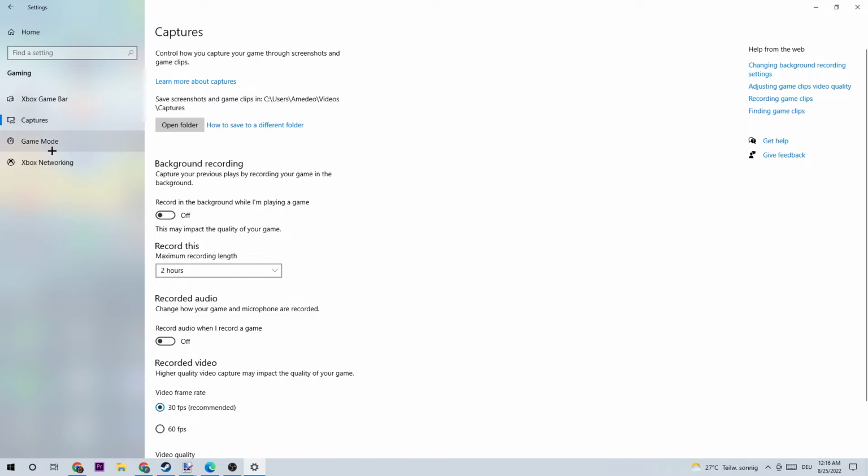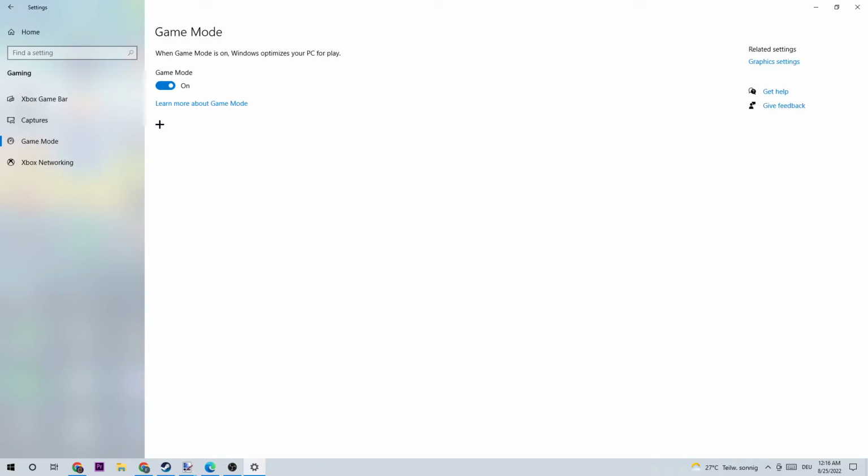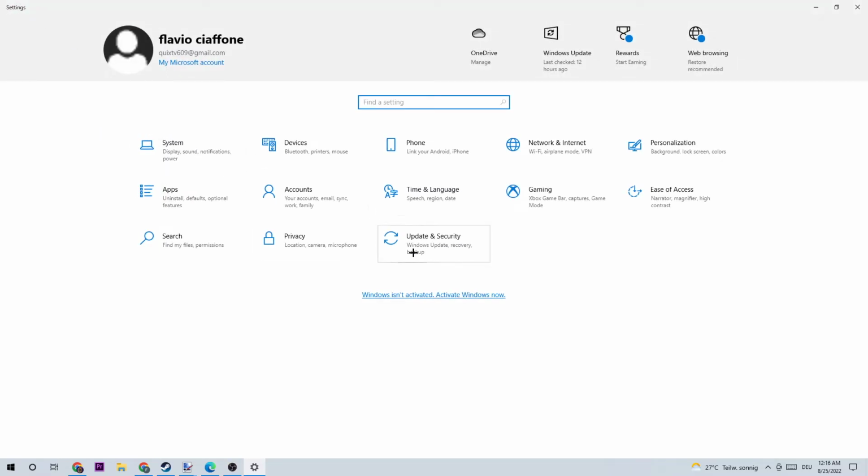Next step is going to be to click onto game mode, and I can't really tell you to turn it on or turn it off. You need to check it for yourself. It's very system specific, so you need to check it for your system, turn it on, turn it off, look what happens, and you'll see for yourself. Once you finish, you can go back once to the main settings and navigate to update and